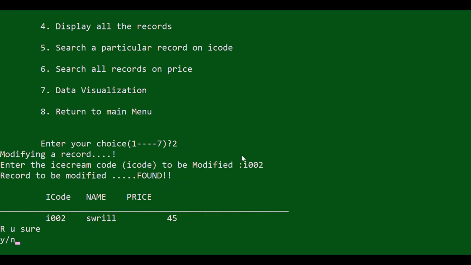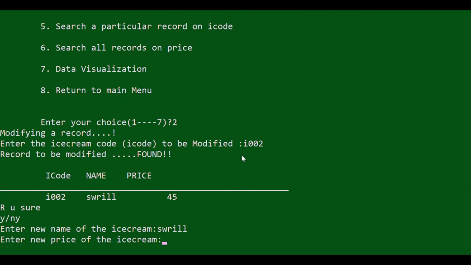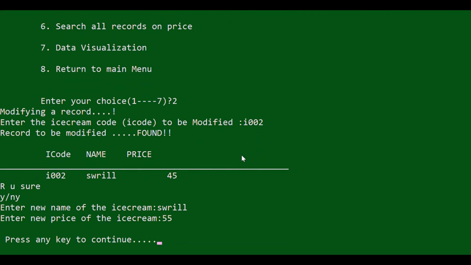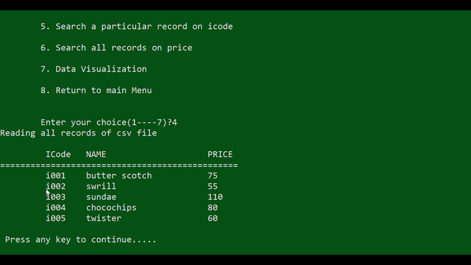Now if I want to update the record, and if I say yes, I want to update it, it will ask me to enter the new values. It is asking me to change. If I want to change my name or the flavor, I can change it here, but I don't want to change the name over here. But yes, I want to change the price, so I'm entering a new price over here, and the moment I press enter, this data is automatically updated because it has been overwritten by the new value. Now if I press continue, I want to see whether my change has been implemented in my new file or not. So for that, I can display my records again to see. Now you can see here that for this ice cream flavor, the new price has been updated.